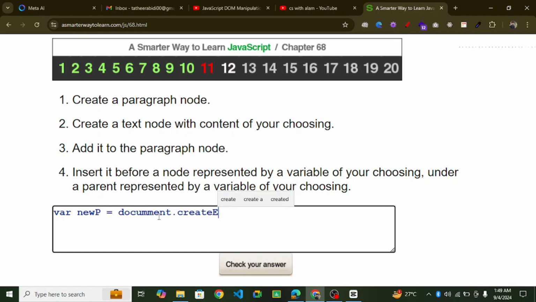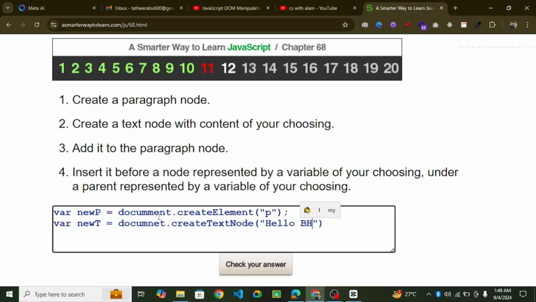dot createElement and what should that be? P element, semicolon. And we have the new t, the text, is document dot createTextNode and in brackets I will write hello bhaiya, semicolon, and now new p dot appendChild, appendChild of what? AppendChild new t, semicolon, and now